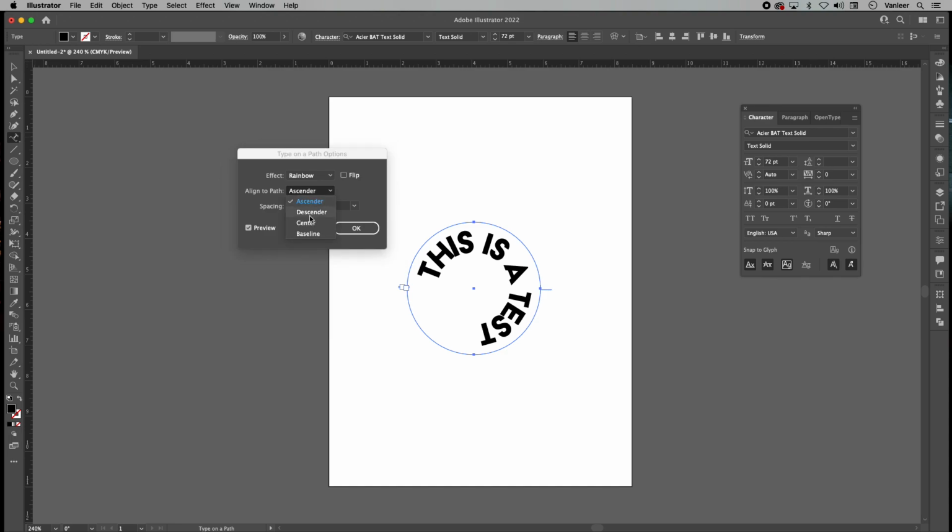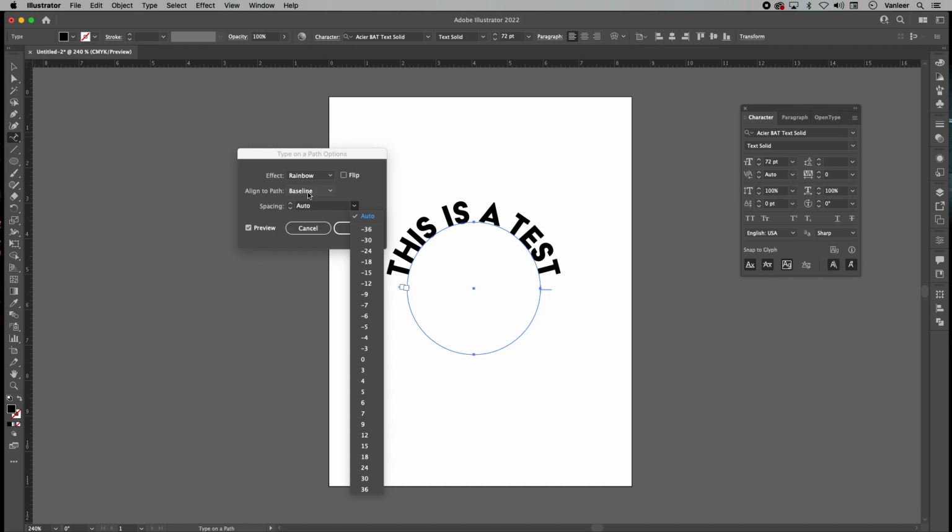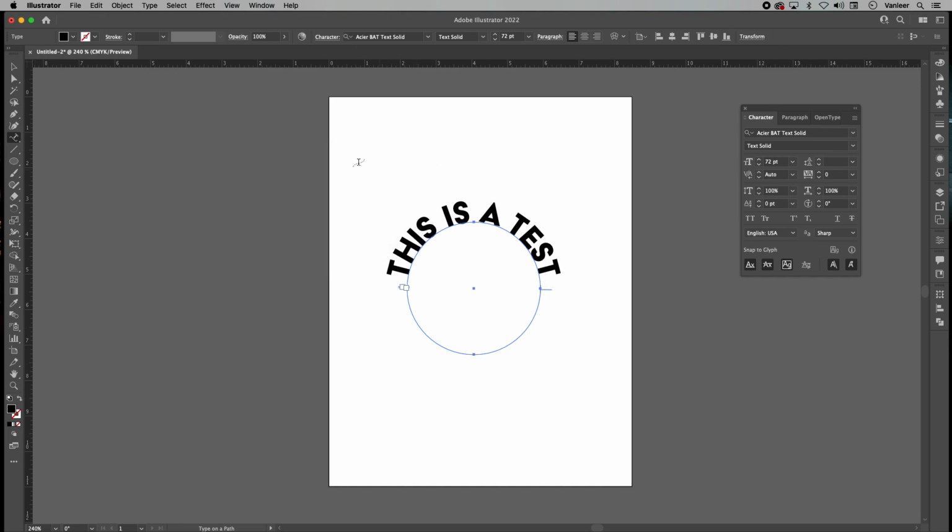You can do it on descender. You could do it on the center of the line, and you could do it on the base of the line. So I usually use the base because it's easier, but if you have an image in there and you want to leave a little space, then you can use one of your other options based upon what you're doing with the text. So once I click off of this and click OK,